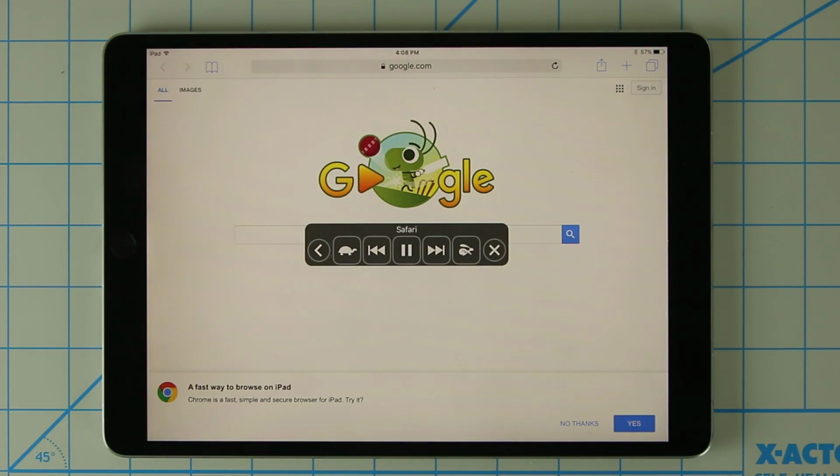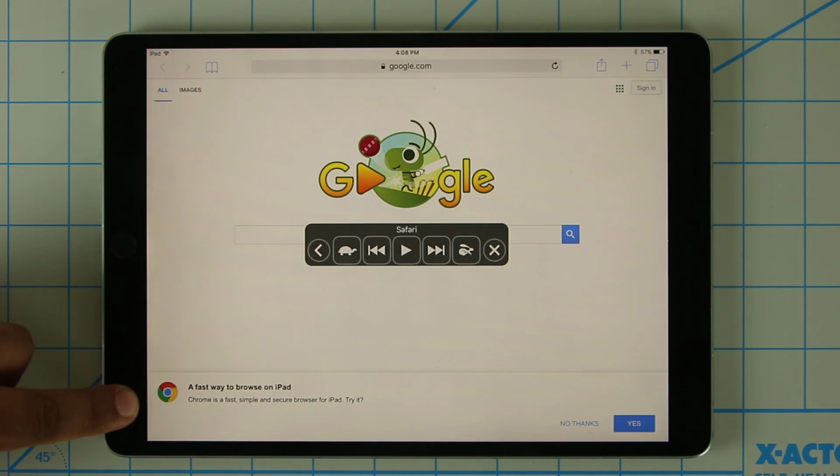A fast way to browse on iPad. Chrome is a fast, simple and